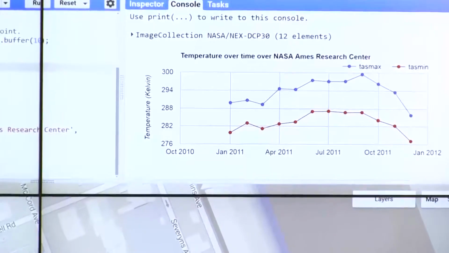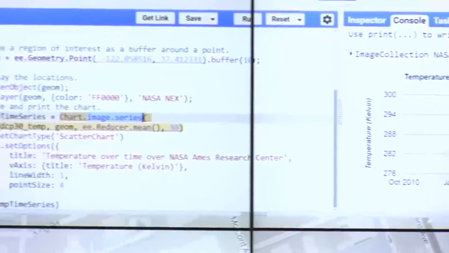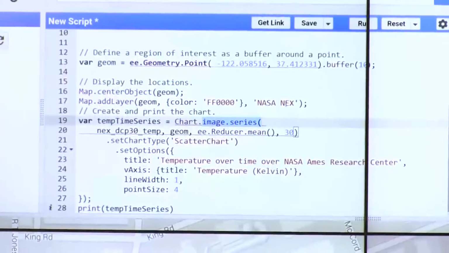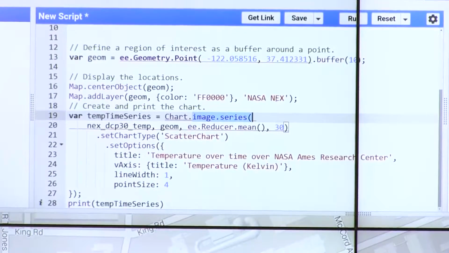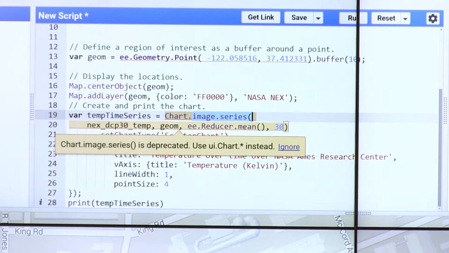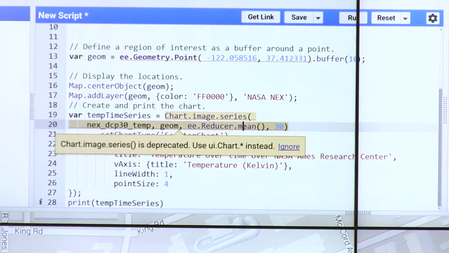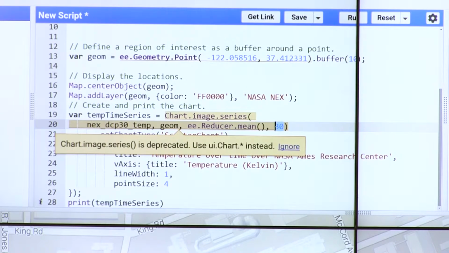We use the image series provided by Google Earth Engine to conduct a time series value extraction. So here we use a reducer to calculate the mean value, which means for each month we get the mean value, and then we are using another